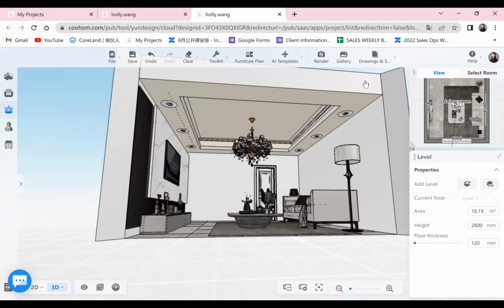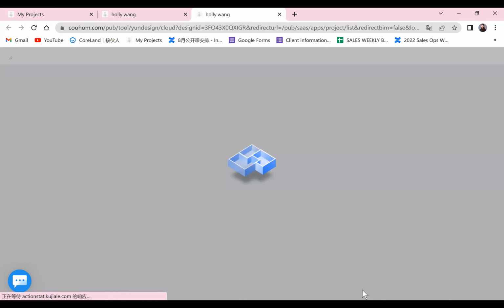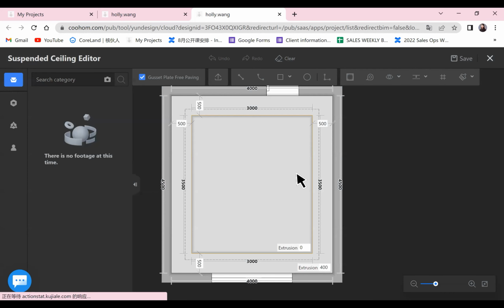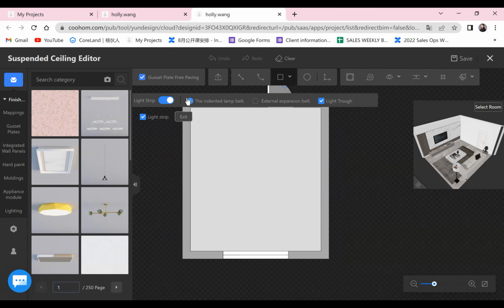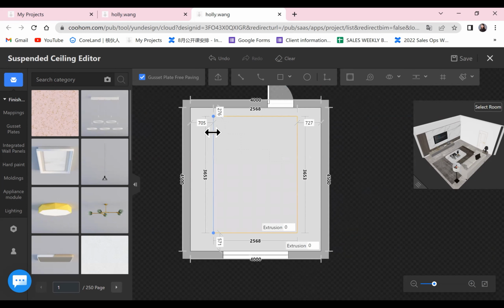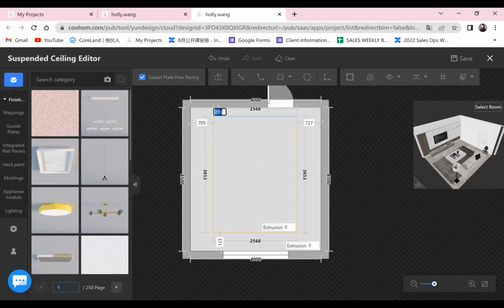We will use the same project. Okay, so clear everything, it's blank again. And how about we have a little review? The first step, you can use the rectangle, right? Rectangle to draw. But when you click the rectangle, you see here is another button, light strip. So you can turn on the light strip, and when you draw the rectangle, you already got the light strip. See, you already have it. You don't have to click the line and add it one more time. So this is another easy way for it.